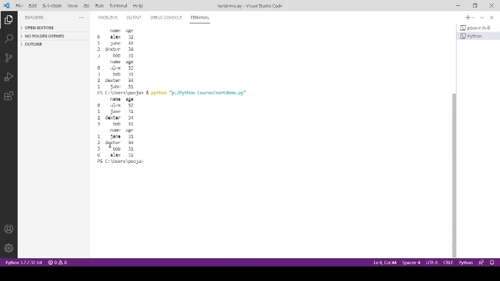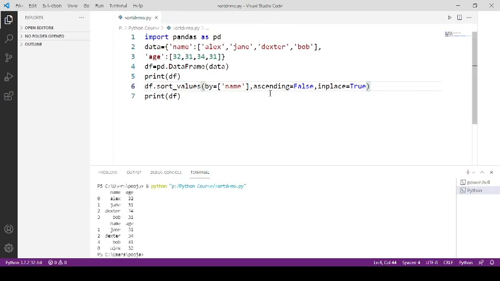First is Zen, then Dexter, then Bob, and last one is Alex. So to sort data in descending order, you need to specify the value of this parameter as False. By default, its value is True. That's why it sorts data in ascending order. Now you know how to sort data in ascending and descending order. You can specify any column name over here, and based on that column data will be sorted, right?